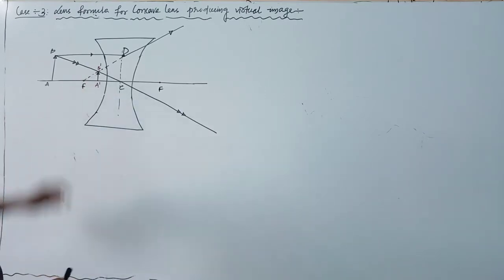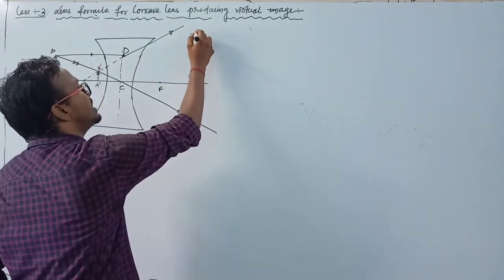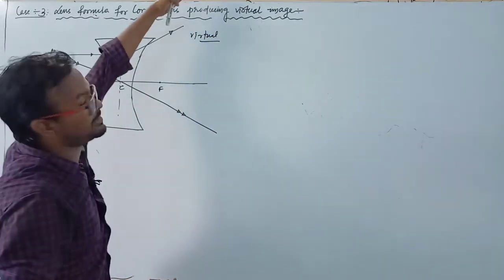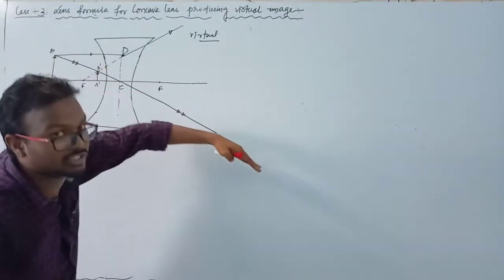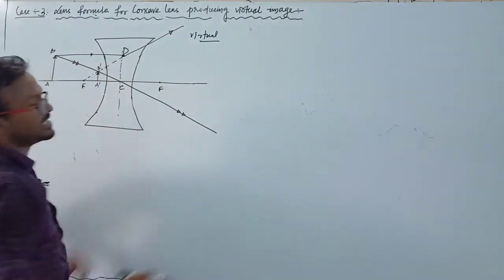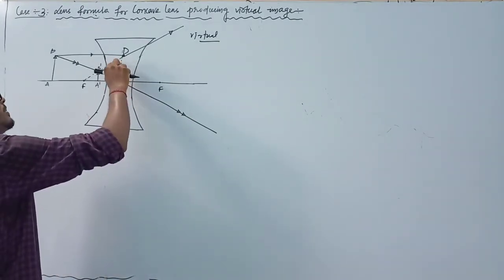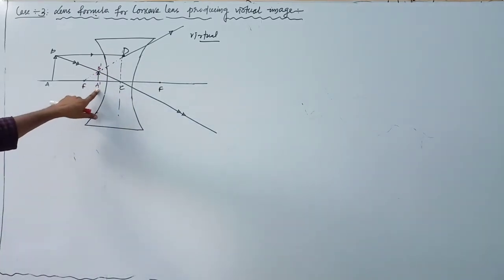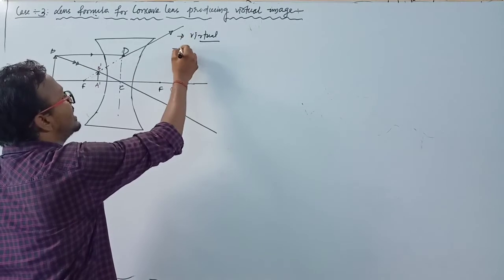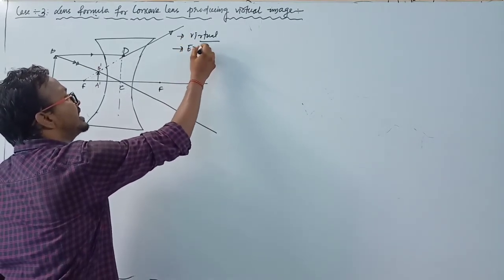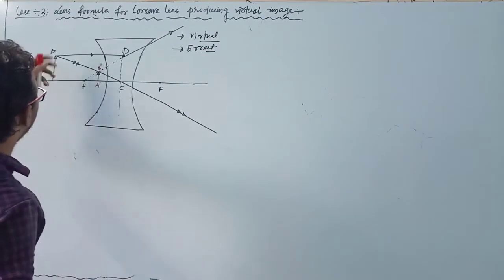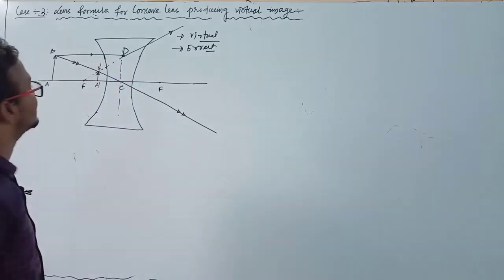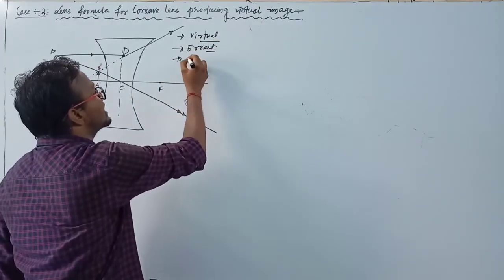So the nature of the image is virtual. Why virtual? Actually the two rays do not meet, because this ray diverges in this direction and this ray in this direction, so they diverge from each other and never actually meet, but the backward extensions of the lines of action meet at this point, forming the image A'B', which is virtual. And since it is virtual, you can directly write that it is an erect image, that means the object is above the principal axis AB. Similarly here the image is virtual, erect and diminished.